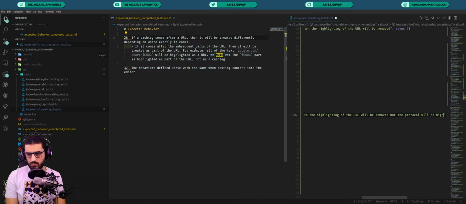The protocol will be highlighted as a cache tag,